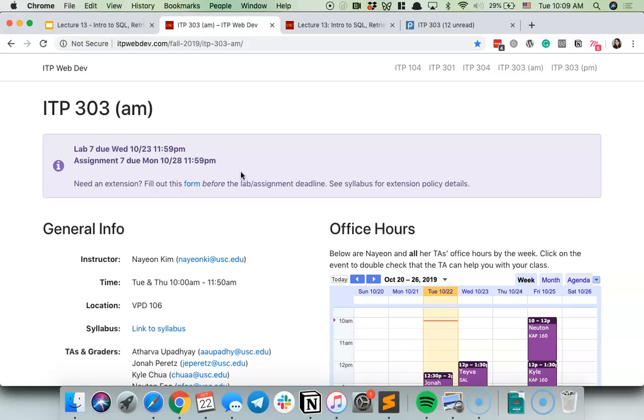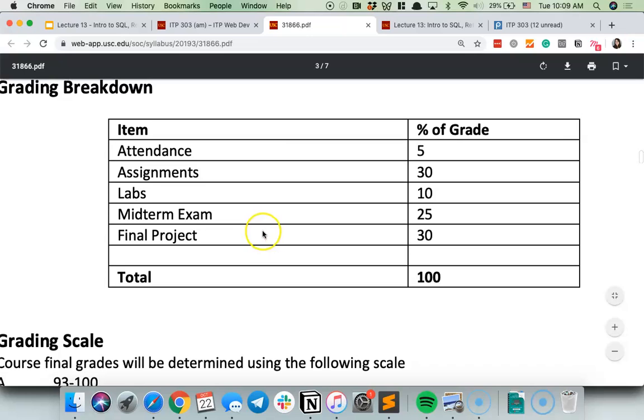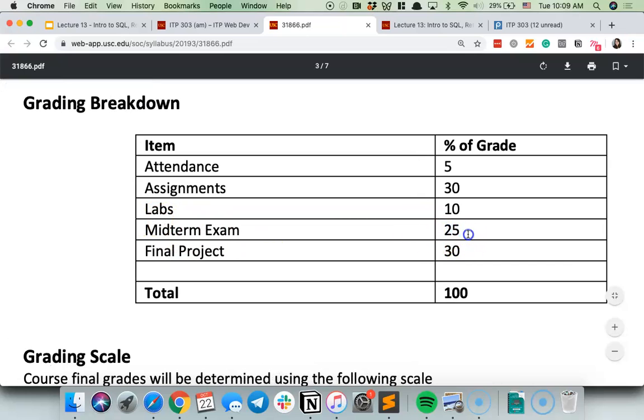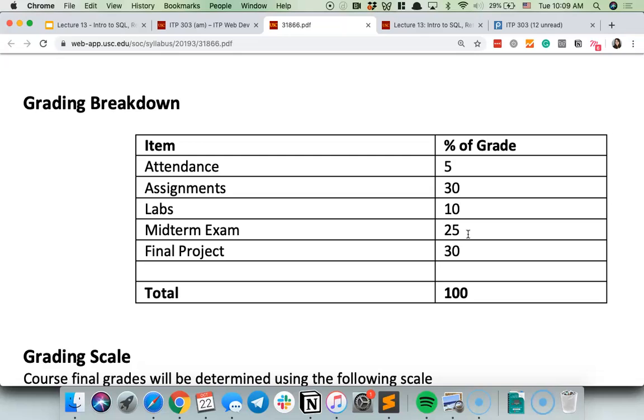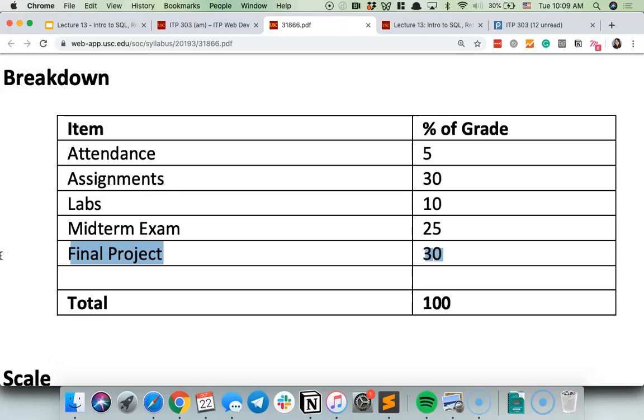I do want to remind you there's a second midterm, and it is worth the same as this midterm. So if you feel like you didn't do such a good job on this midterm, there is a second opportunity to raise it. Here's my grading breakdown. The midterm is worth 25%, meaning this one is worth half of that, and the second one will be worth half of 25% as well. The very last thing is the final project, which is a pretty big chunk of your grade. That one project is worth 30% of your grade. So again, if you want to raise your grade, you do have the opportunity at the final project.